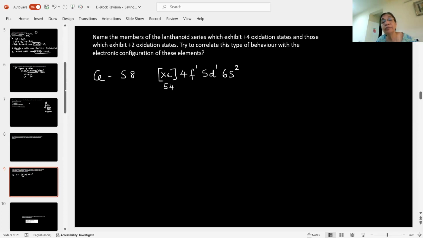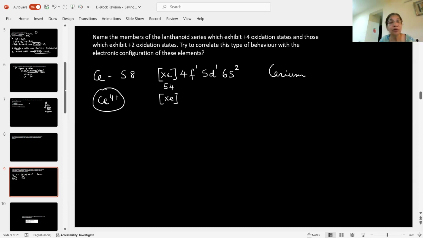Now, since it has only 4 electrons which have almost the same energy, Ce4+, what will be the configuration? It will be like xenon. So that is why cerium has a stable +4 oxidation state. So remember this one, which is cerium. Okay. The other one is